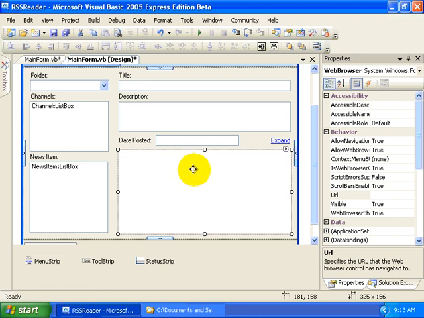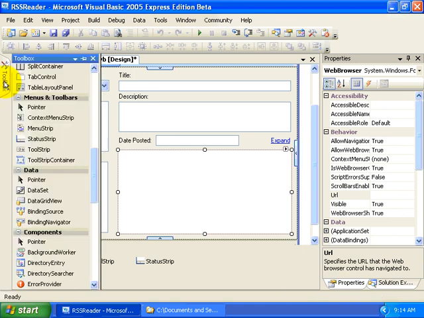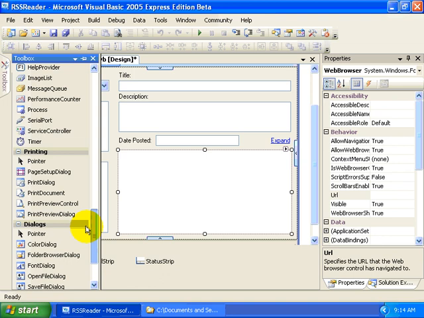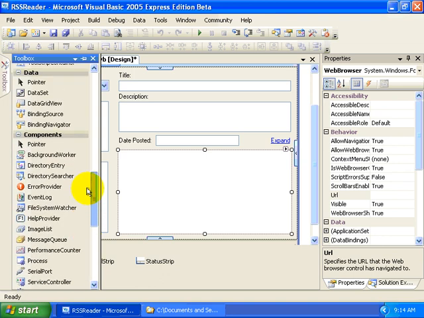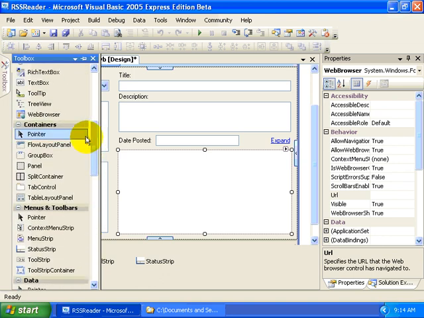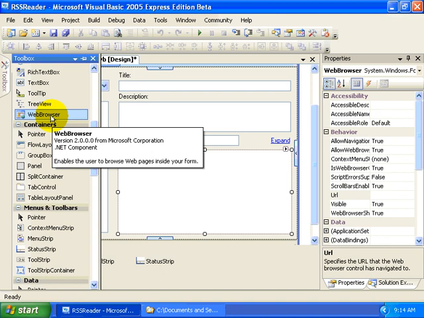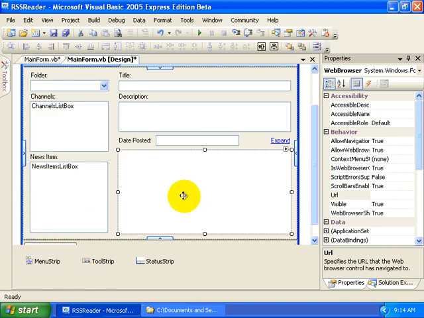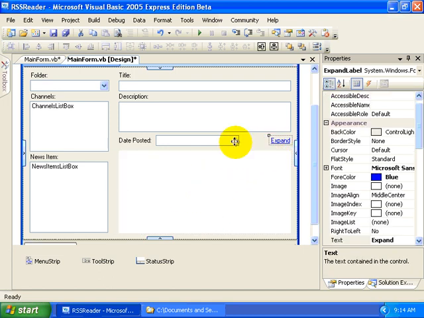in a control. The control that we're using here, I think we can find it in the toolbox, is a web... let's see where this is at here. Okay, the web browser control. And this allows you to, as it says here, browse web pages from inside the form. So they can see a little bit of an example of the page. They'd be able to scroll around in it since it is a fairly small window. Or they can click this little expand link here, which will pop it open in Internet Explorer in a more